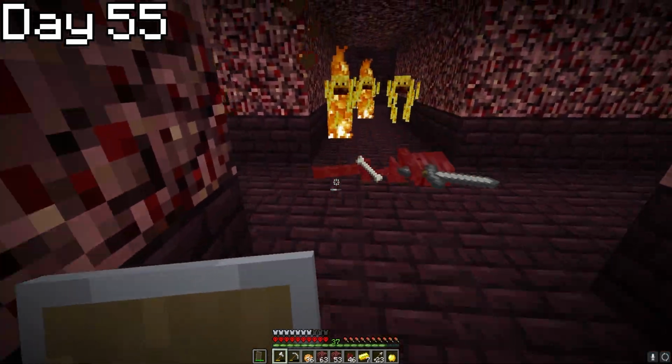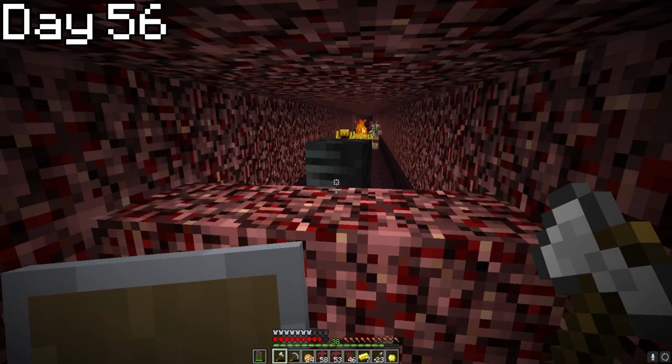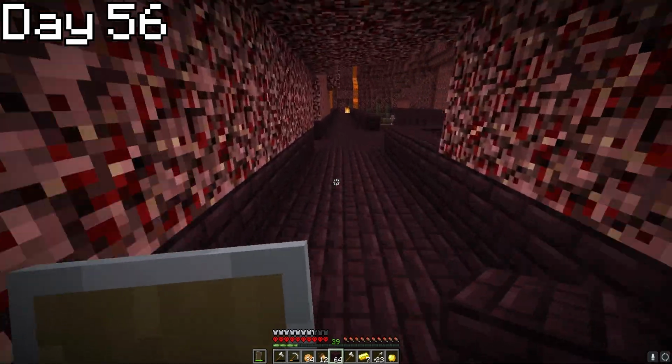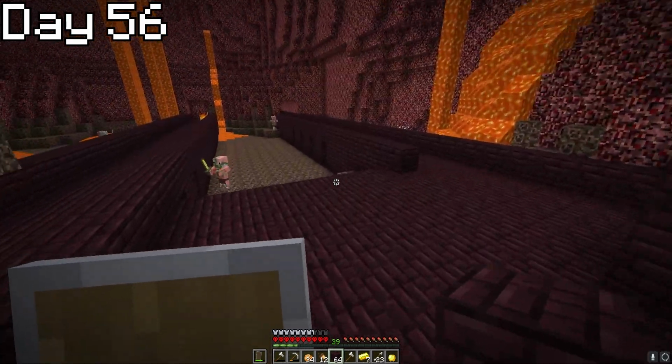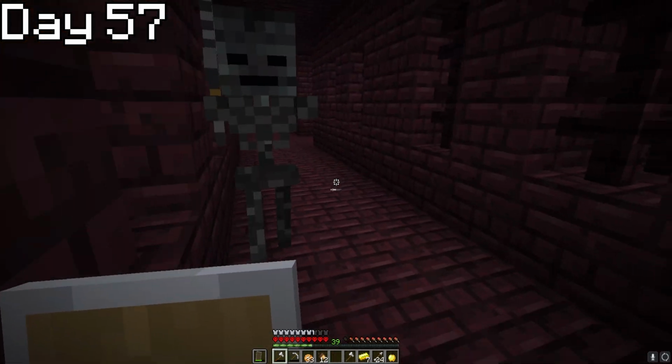I turned off my shader packs here as it was quite glitchy in the Nether, so I just used the normal Minecraft textures. I killed a crap ton of withers, taking me all the way to day 60, just killing withers. I made an area just to kill the withers as well, so it'd be easier. And on day